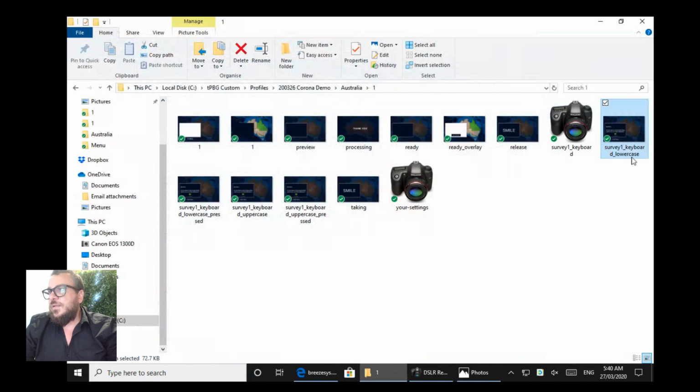We have the lowercase screen, and you have to think about this more in terms of when you're typing text. In this example, it's just a tick box, but keyboards are essentially made up of the 4 screens: what you want to display when it's a lowercase key, an uppercase key, and then the pressed versions of those. I'm not going to go into full keyboard design today, but we are going to look at this checkbox option. And then I've just got my taking screen and my processing screen, which is a thank you screen